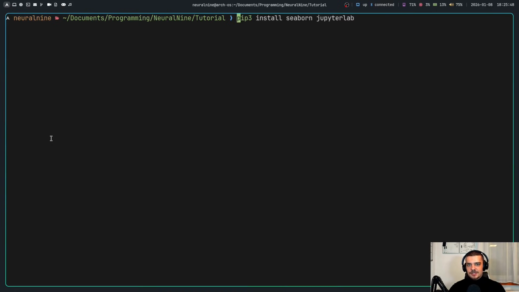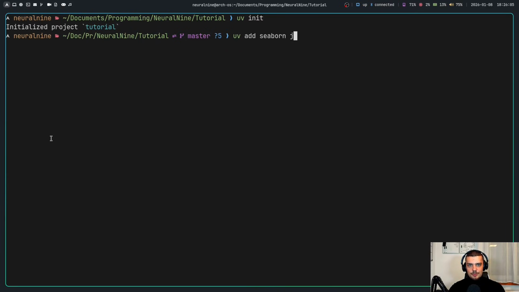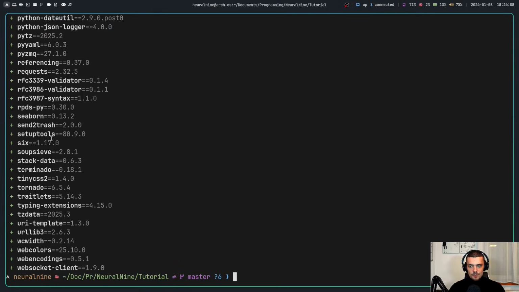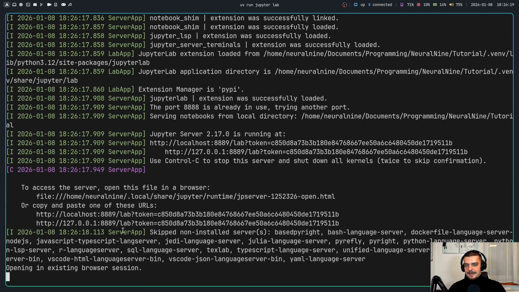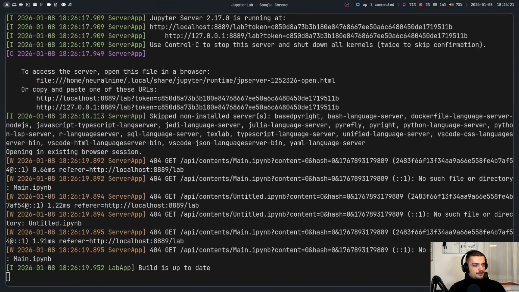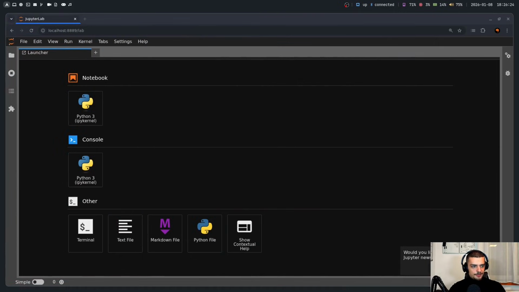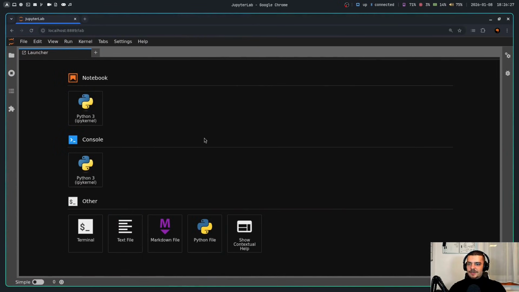And in my case, since I'm not using the system level Python installation, I'm going to say uv init, and then I'm going to install these packages with uv add. But in your case, if you're just using your basic Python version, pip or pip3 install these packages. So uv init and then uv add the same packages, Seaborn, JupyterLab in my case. Once you have this, you can just run JupyterLab, and in my case, I have to do uv run jupyter lab to make sure I'm using the version of this particular environment here, and then this opens up JupyterLab in my browser. So you can move the terminal somewhere else, don't close it,